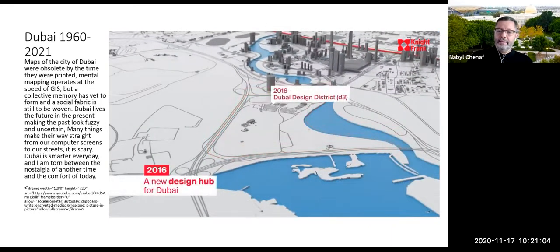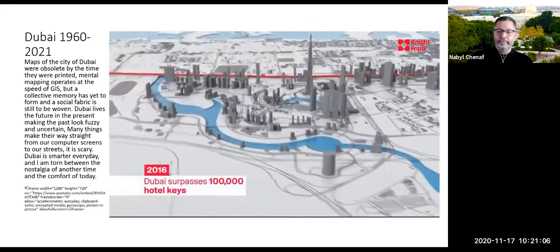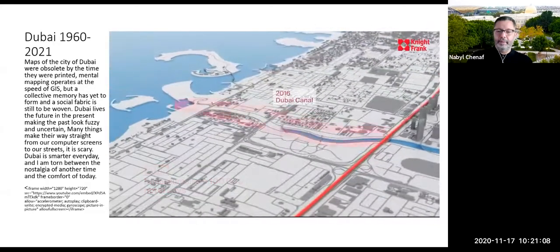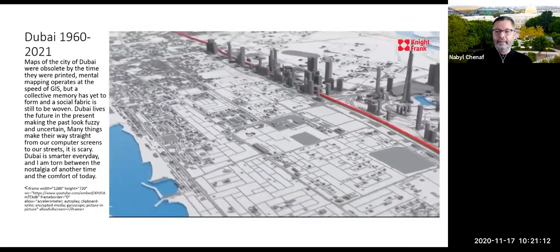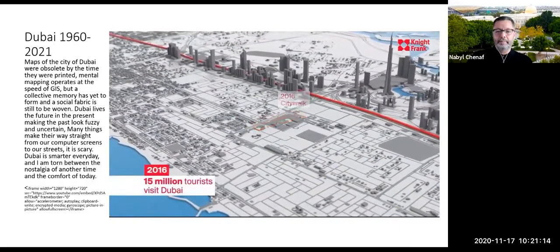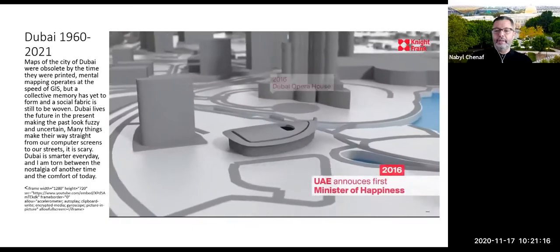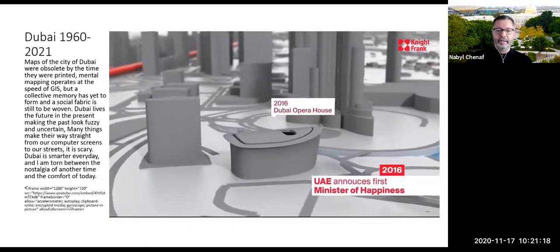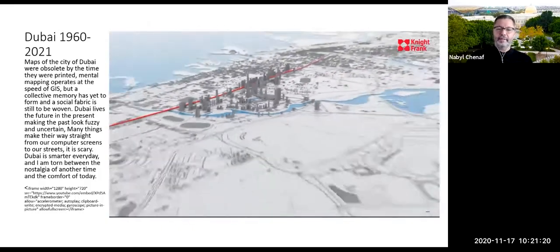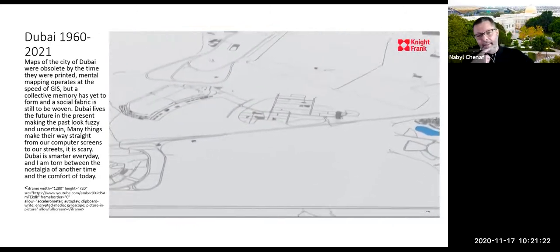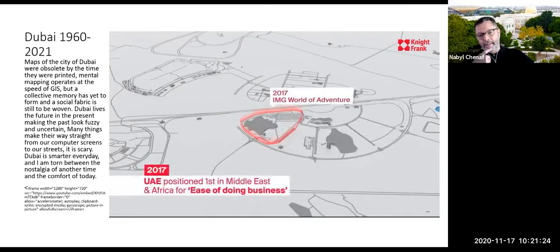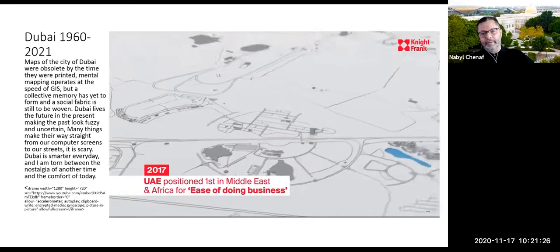And Dubai is a city a little bit like Vegas. It keeps the show going. It survives on being a city of superlatives: the tallest, the biggest, the largest, the newest, which makes sense when you look at it.